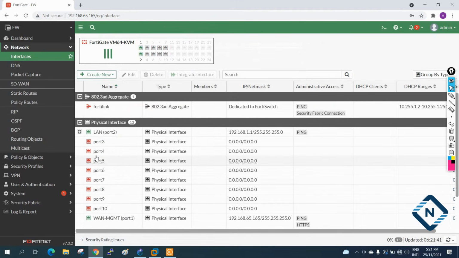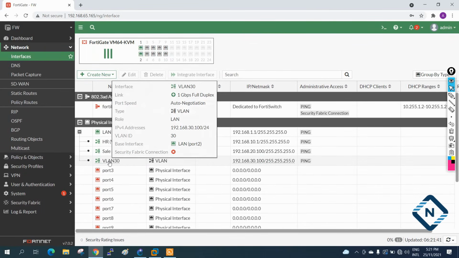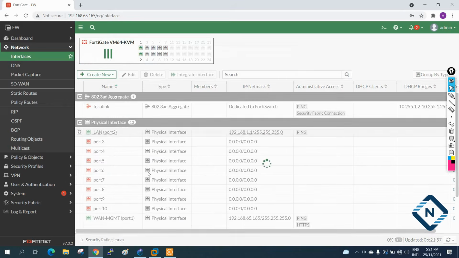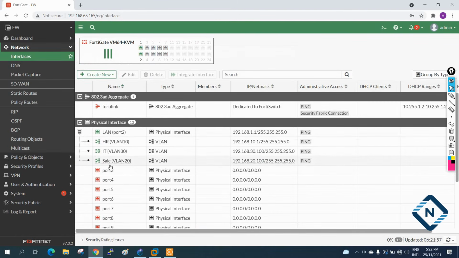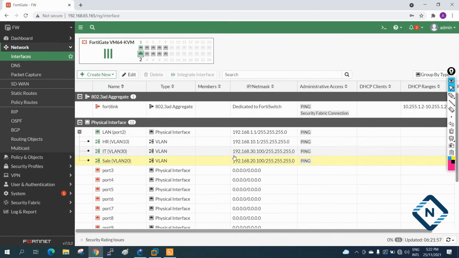Press OK. Now you can cross-check. You have three interfaces. Here we forgot to give the alias, so double-click and give the alias. What do we need to give? IT. Press OK. Now check, you have HR, IT and this one. Everything is good. 10, 20, 30.